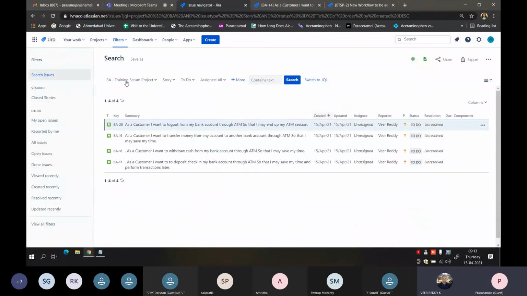So basically, I want to look at this filter on a daily basis. Suppose this is the task I am supposed to do. In this project, any story that is in the to-do list, I have to come in the morning and check my Jira. So every day you need not set this filter. You have the option of saving these filters.